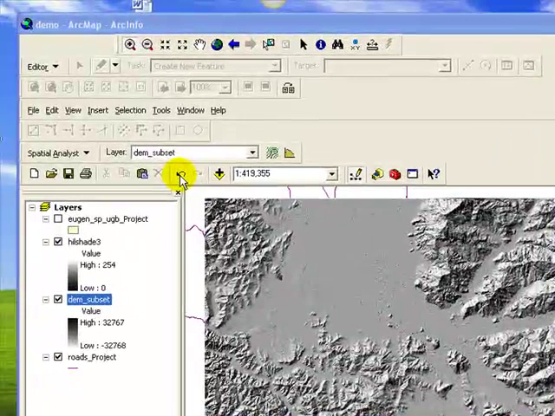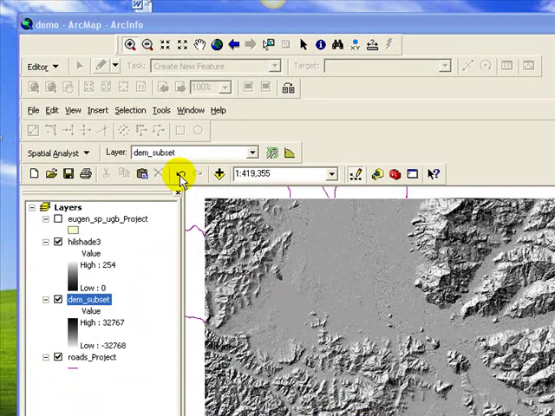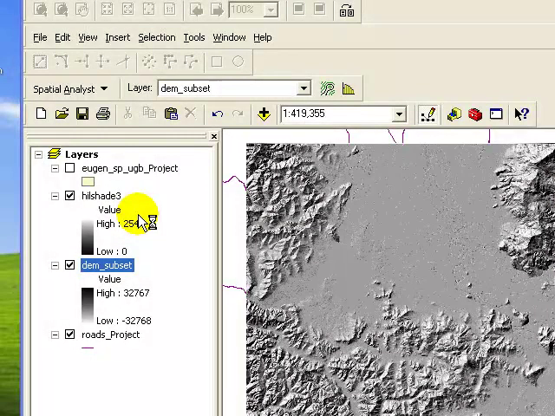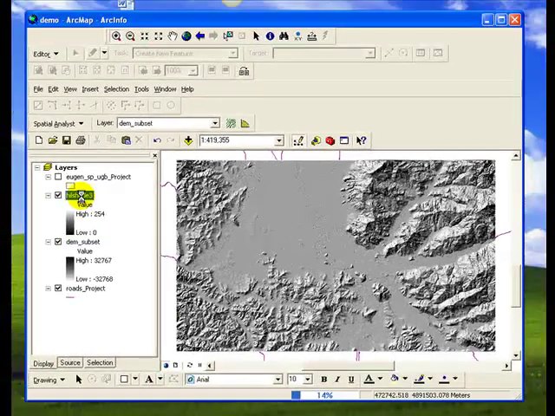Once the hillshade's been created, it's added automatically to your view window, and you can see you have a nice rendering of relative relief. Now if I look at the hillshade values,